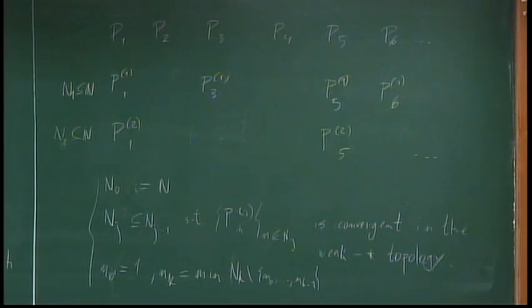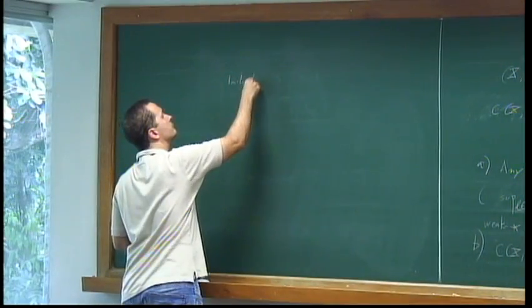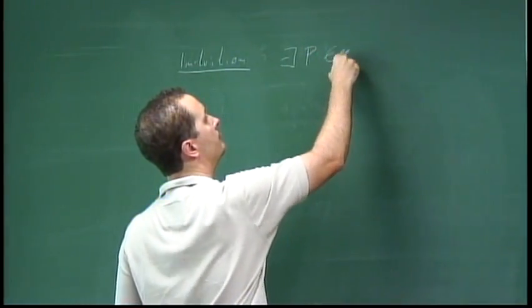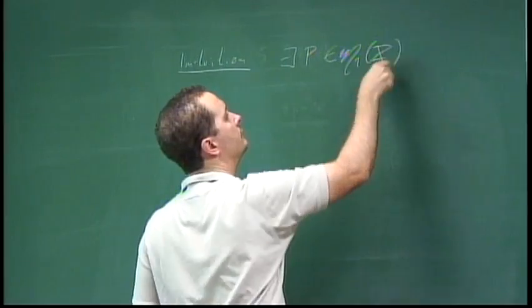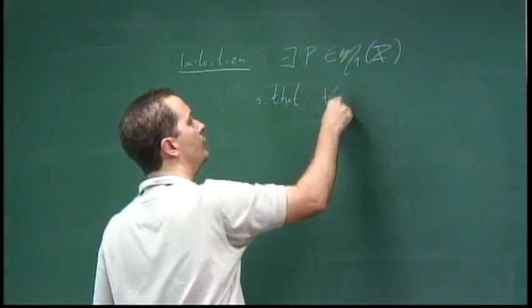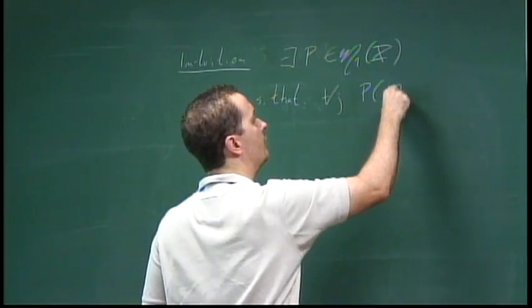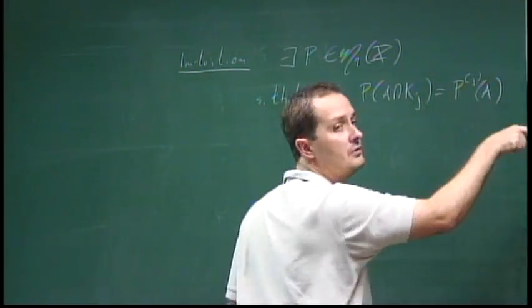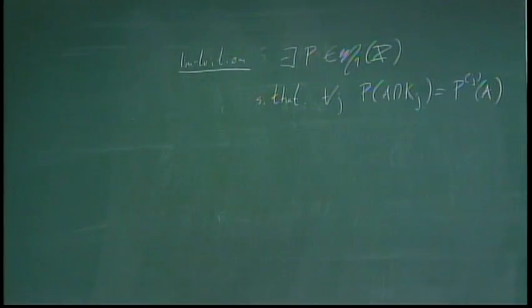So in some sense, the intuition now is that there exists a measure P such that for all j, P of A intersection Kj is equal to Pj, the limit that we defined. Okay. So this thing we're defining here is